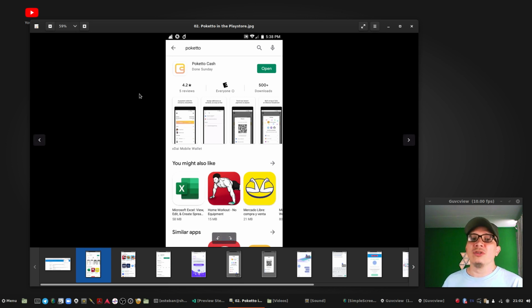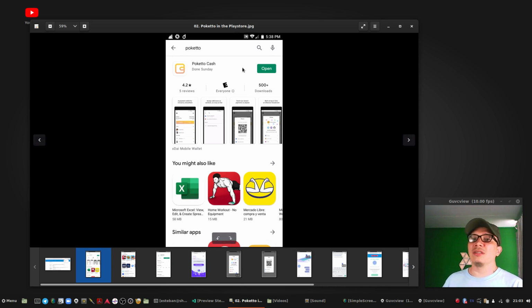So the alternative is to install this mobile application, which is not a computer browser or web page application. It is the Poquito Cash.